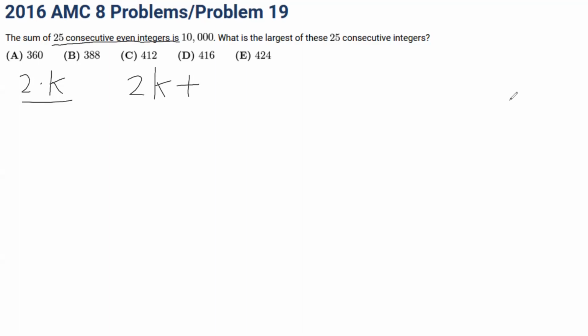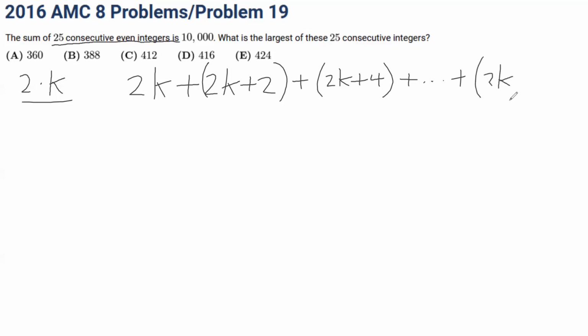And our second term, since even integers are always 2 apart from each other, is 2k plus 2. Our third term is 2k plus 4 plus dot dot dot all the way until when we have 25 terms. And to determine what we add here, because we know it's going to be 2k plus something, what we